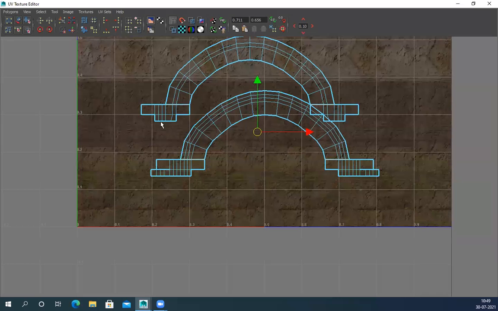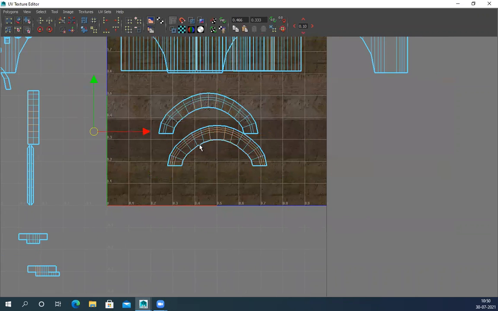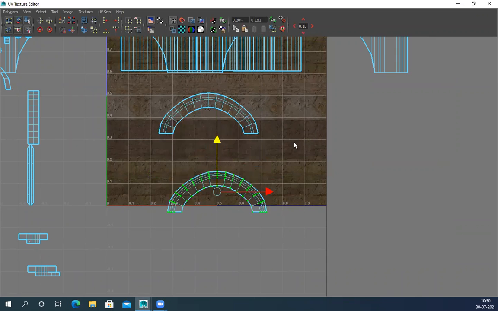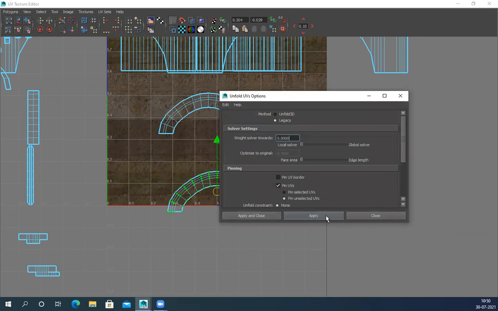UV cut. So move it out. Now what I have to do is make it straight. Unfold. Unfold legacy.